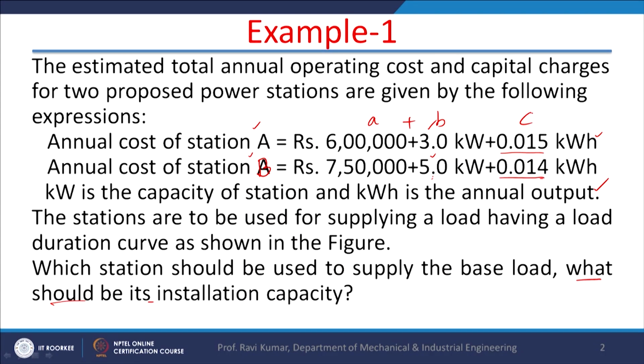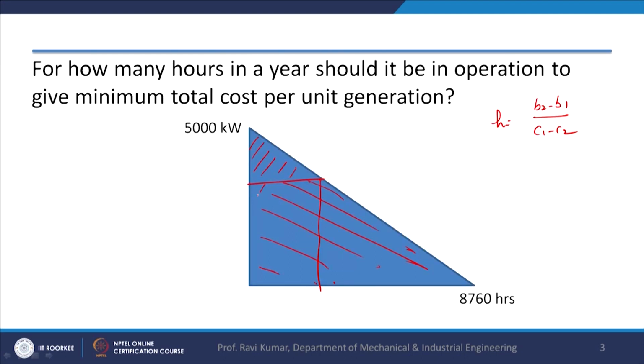Now, the plant which has the minimum cost C shall be the base one. So, this will be the base one, and this will be the top or peak plant, right. So, now the base energy plant is this one, and this plant B will run for 2000 hours only. Now, when it is running for 2000 hours, we can always find how much power will be required.